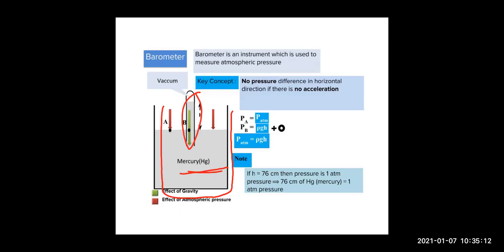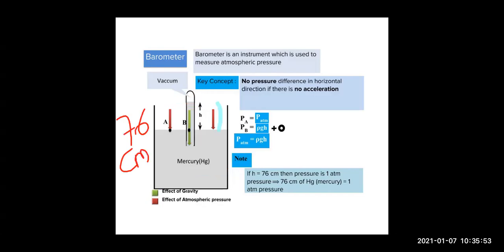You remove your thumb, and the open end of the tube will be inside the beaker containing mercury. So children, you will see that the mercury in the tube will fall down at first, and then it will stop at a particular position. This level of mercury falls down, but it will stop at a particular height. And this height was measured with a scale, and it came out to be 76 centimeters. Right?